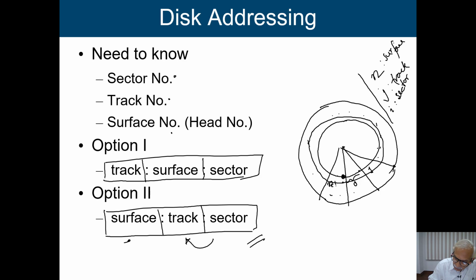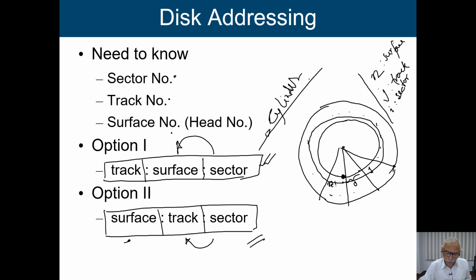After completion of all the sectors of a particular track, next it is going to look for the surface. That means if we are working with the nth surface, then next time it will go to the n plus 1th surface, and in the n plus 1th surface we work with the same track. Again it will start from sector 0 to n minus 1. Now you just see, in option 1, we are going to read surface by surface. That means we are going to work with a particular cylinder.